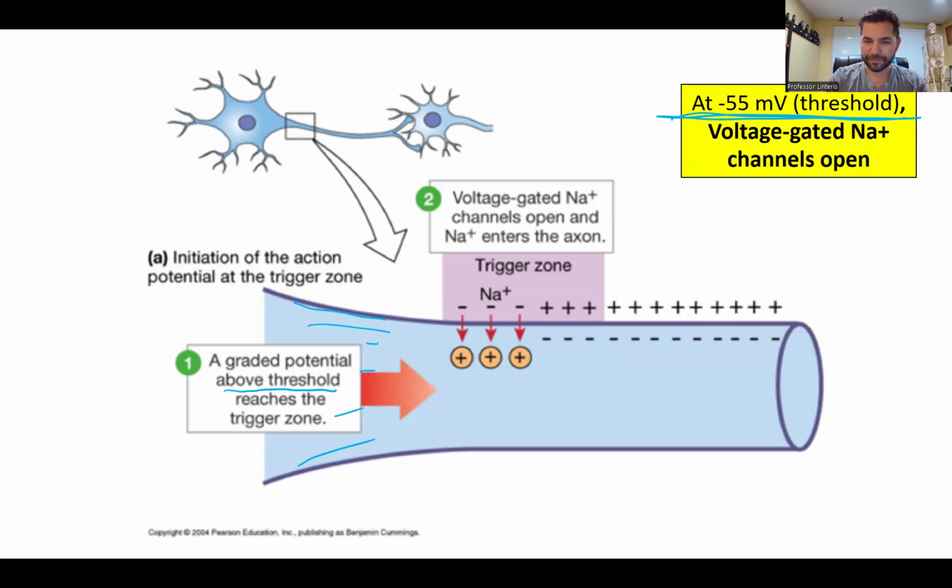We have channels we've discussed called voltage-gated sodium channels. Once the threshold is met, and we talked about this, it's just showing you in a slightly different picture, those channels open up because they open up in response to a change in voltage. Why do we have a change in voltage? We met threshold. Once threshold's met, sodium comes in. What does it do? Make the cell more positive, right? It was negative, but guess what's going to happen right here,